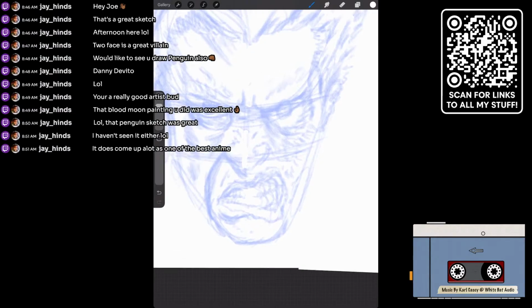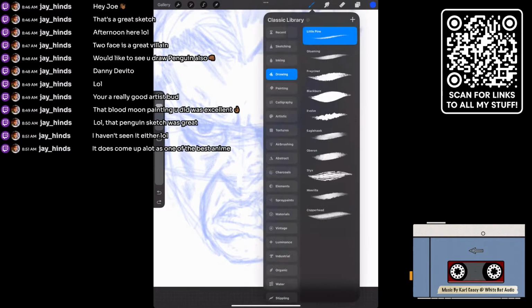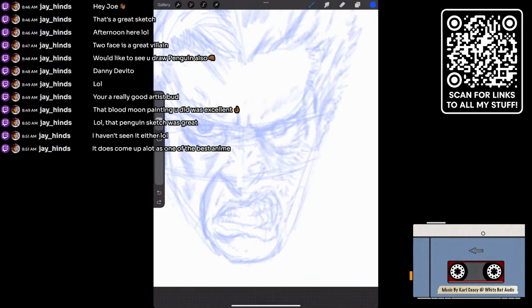All right, so certain parts of this I want to do with symmetry, like the nose. Oh, I'm in white. I don't need to be in white. I need to be in what I call non-repro blue. Okay, and let's switch to the regular pencil. And what I will do is I will just thicken this pencil up quite a bit. A little more. 25, maybe? Yeah, 25 is good.